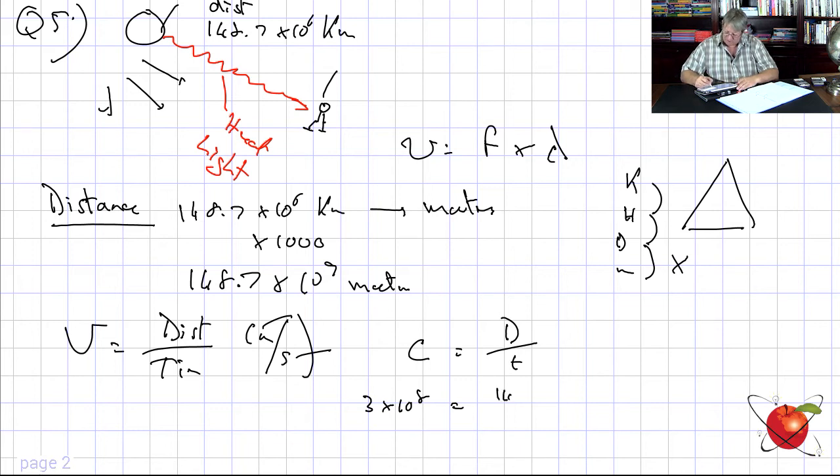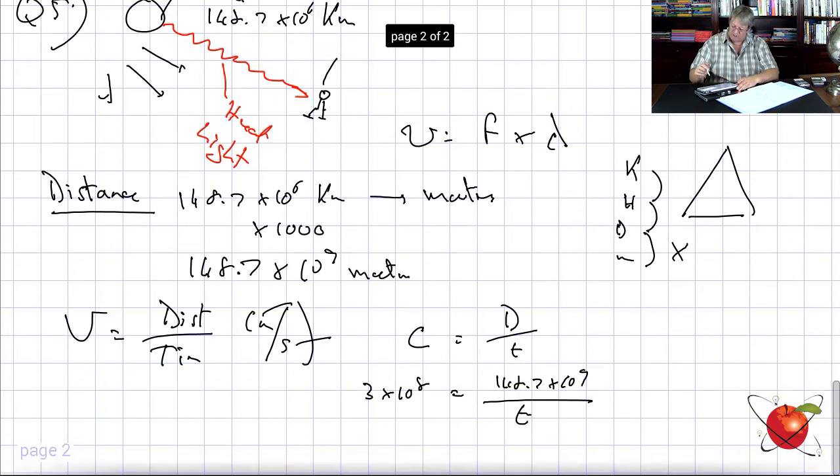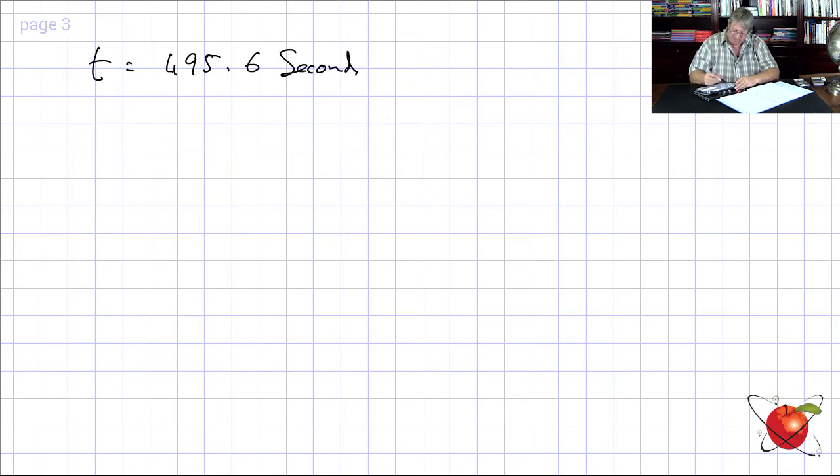distance, 148.7 times 10 to the 9 over time. We rearrange all of that, and we end up with a straightforward sum. If we actually did it, you would come up with 495.6 seconds, right? Which is approximately 8.26